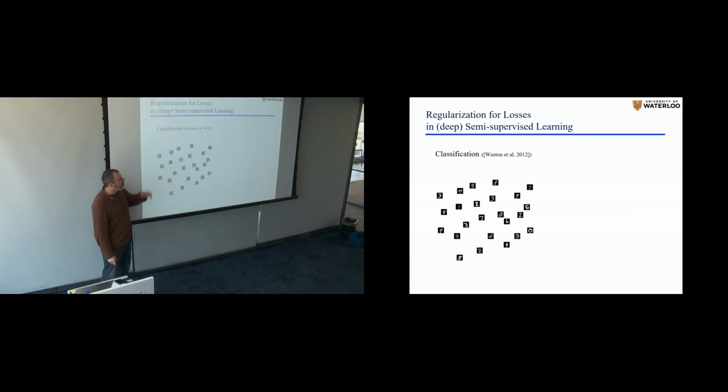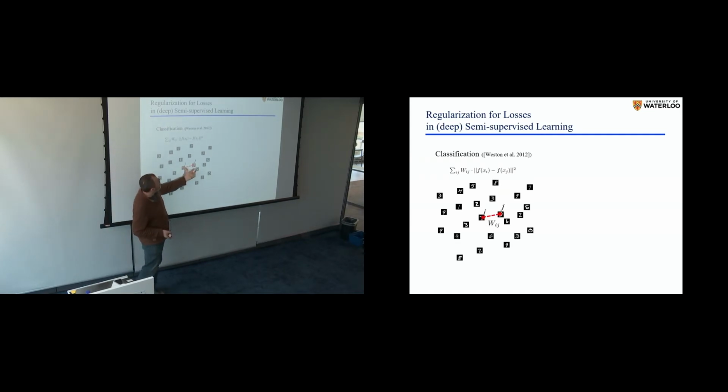Let's say the Weston example from 2012, and I'm mentioning Weston in particular because that's what inspired us to do the same thing in the context of deep segmentation. So this is an example with digits, but only some of them are labeled. For some of them, you know there's a digit, but you don't know what label it is. And then you can introduce, for example, some kind of pairwise affinity, maybe based on cross-correlation or something like that between the two patterns.